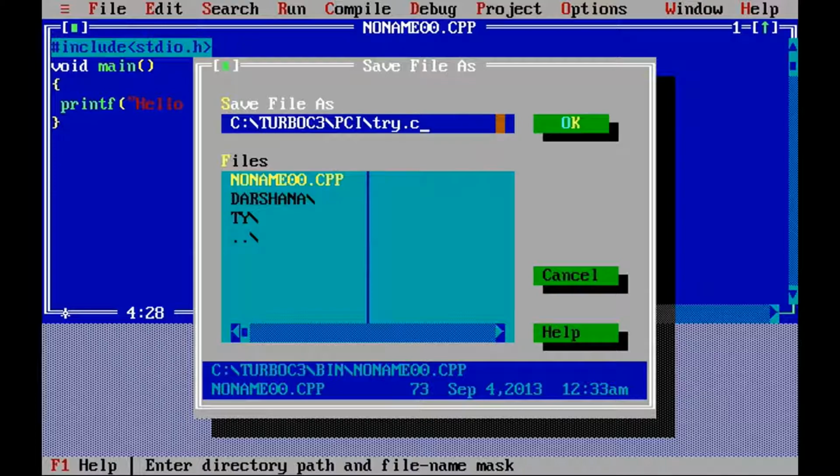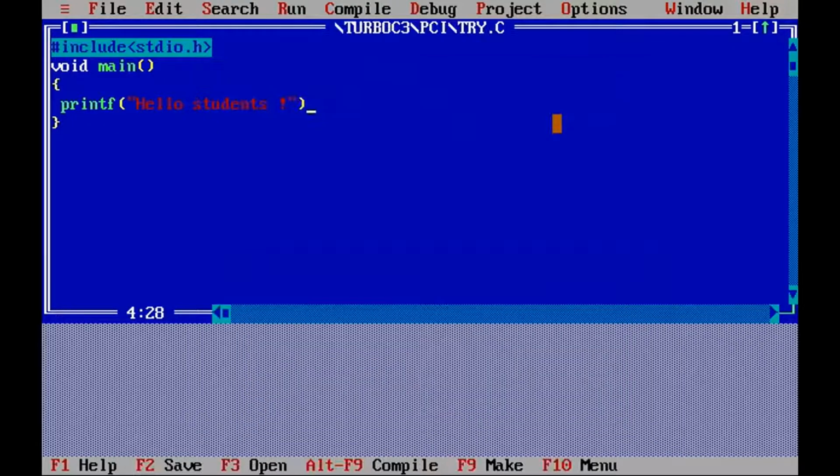The allowed characters are alphabets, digits, and underscore symbol. Other special characters or space is not allowed. Extension must be .c as it is a C program. Now the file name is given, say OK. The file is saved. You can see here this try.c file name will appear, and now my program is saved. Your second step is completed, that is saving the program file with appropriate name and .c extension.